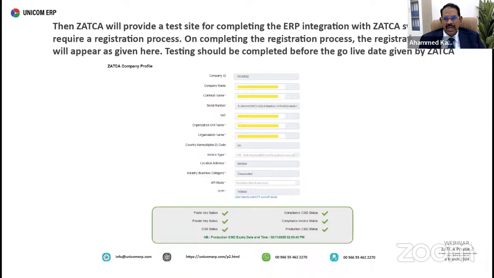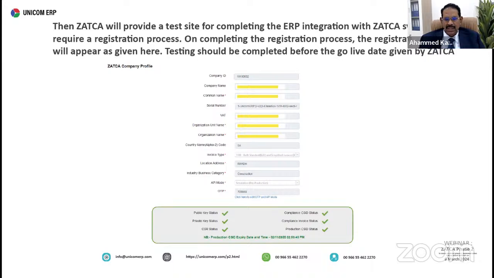One organization can use multiple devices for integration. That device ID will be encrypted by ZATCA, and the same device needs to be approved by ZATCA for the further invoicing process. Along with that, all the communication between the business organization and ZATCA will be tested during the testing